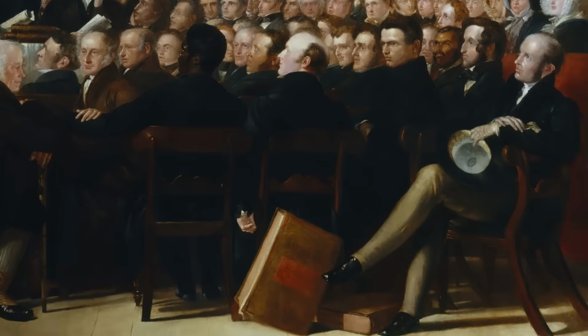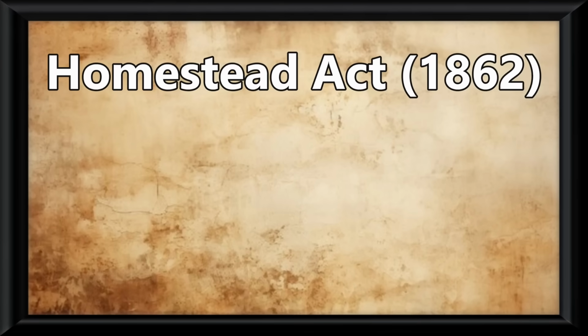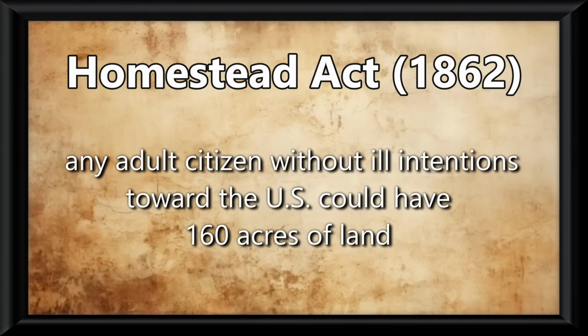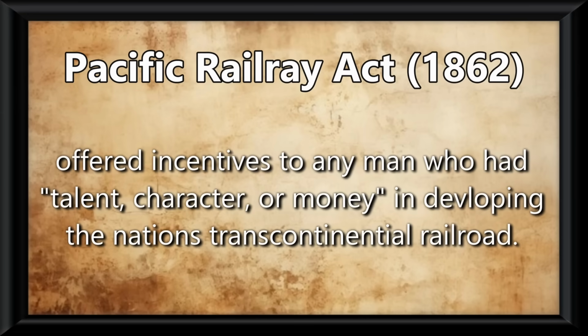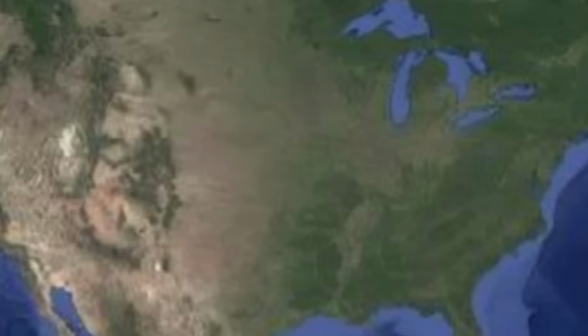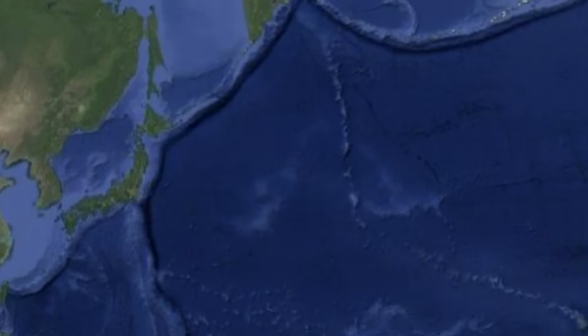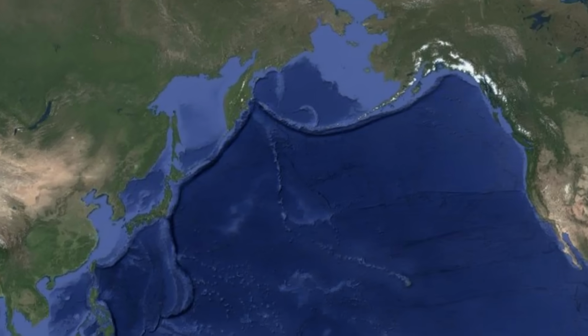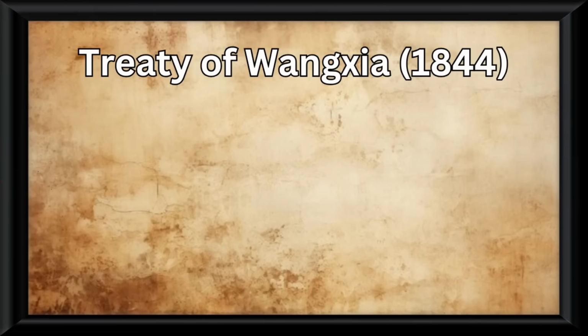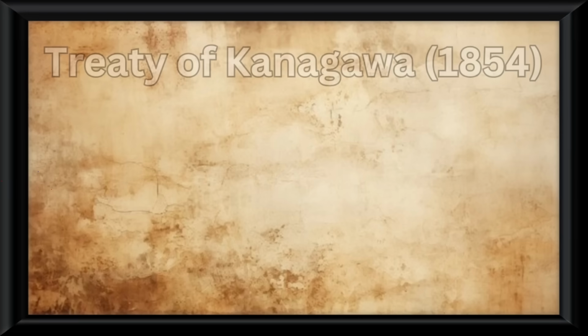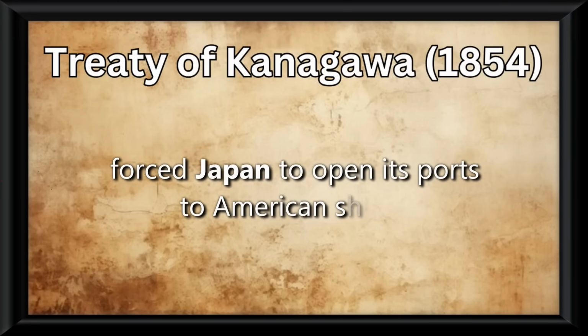And the funny part is, the government wanted in on the expansion too. To help settlers, they passed the Homestead Act, basically handing out free land, that is, if you could survive on it, and the Pacific Railroad Act, which helped build railroads across the country. This made it way easier to move west, but the US wasn't just looking west, they were looking transnational. Americans wanted more trade with Asia, and in classic US fashion, they weren't exactly subtle about it. The Treaty of, I'm not even gonna try and pronounce that, opened up trade with China, and the Treaty of Kanagawa forced Japan to open its ports to American ships.